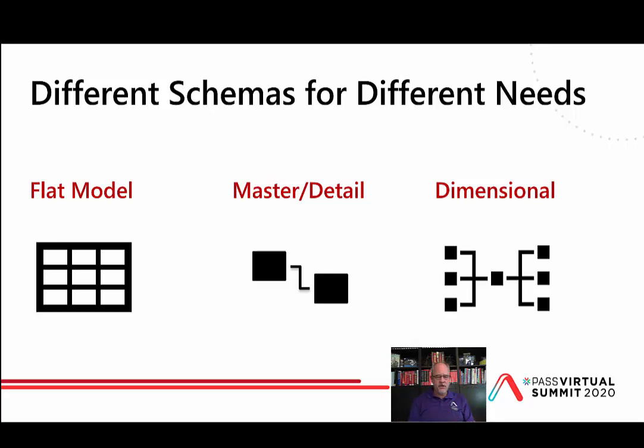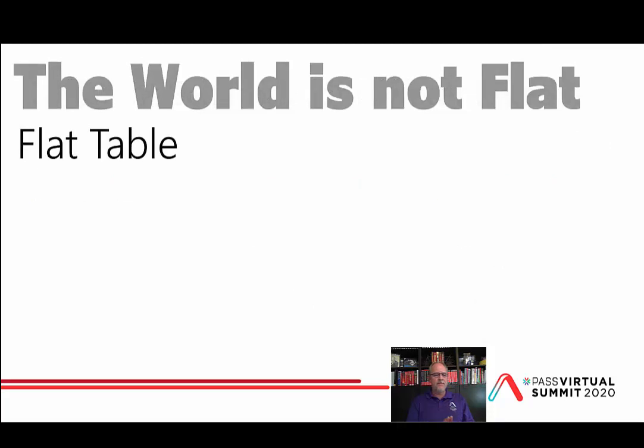And then we have the dimensional model. Now, master detail and dimensional have some similarities, and we can combine those concepts, but this is a completely different approach. We're going to talk about that, so let's wait until we get there. All right. The world is not flat. Not always. Some people still believe it is. Let's look at a flattened view of the world and then think about how we can approach using that same data dimensionally. Now, this is a very simplified view for demonstration purposes.